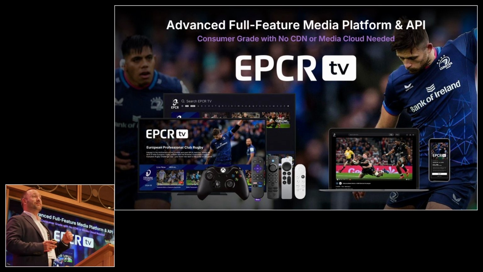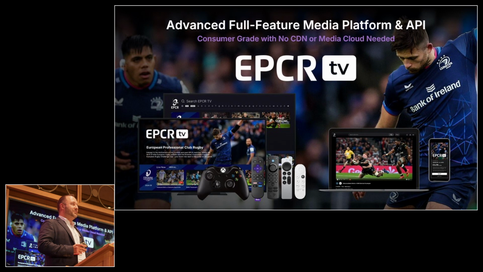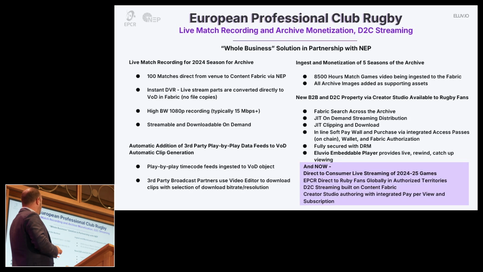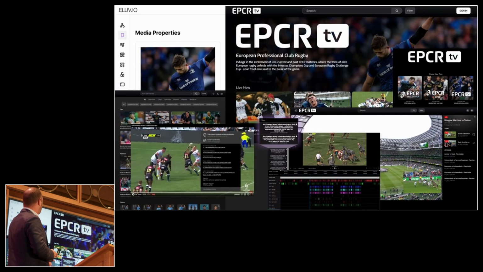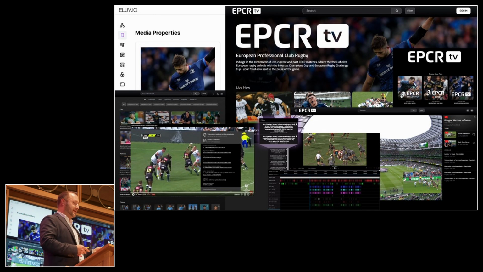Based on their credentials of what they've paid for, they'll get access to the content immediately or just from when they join, so they won't be able to scroll back. The other thing then, like I said, the same content object will go into the video on demand platform, meaning fans can access it after the game, watch highlights and so forth. And for EPCR, I'll come back to this in a second, we create media properties. So for them, they have those three things: the stream, the VOD, and the archive.